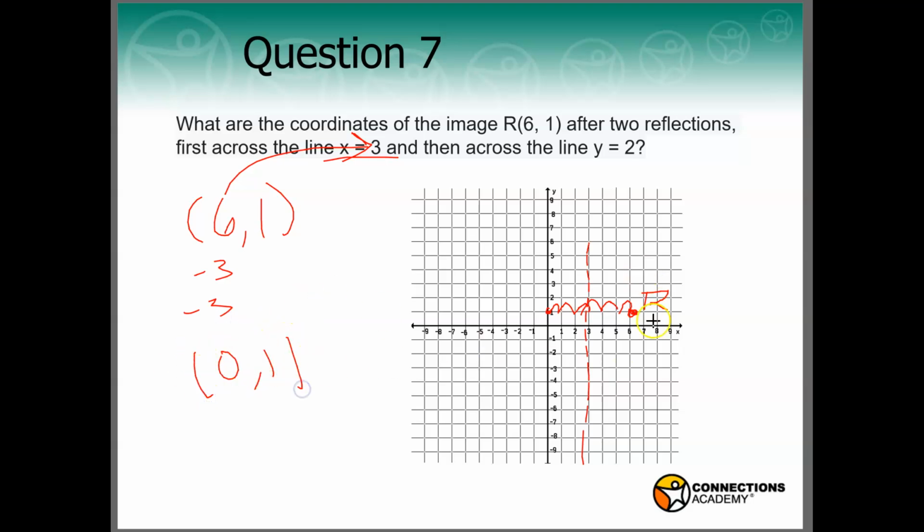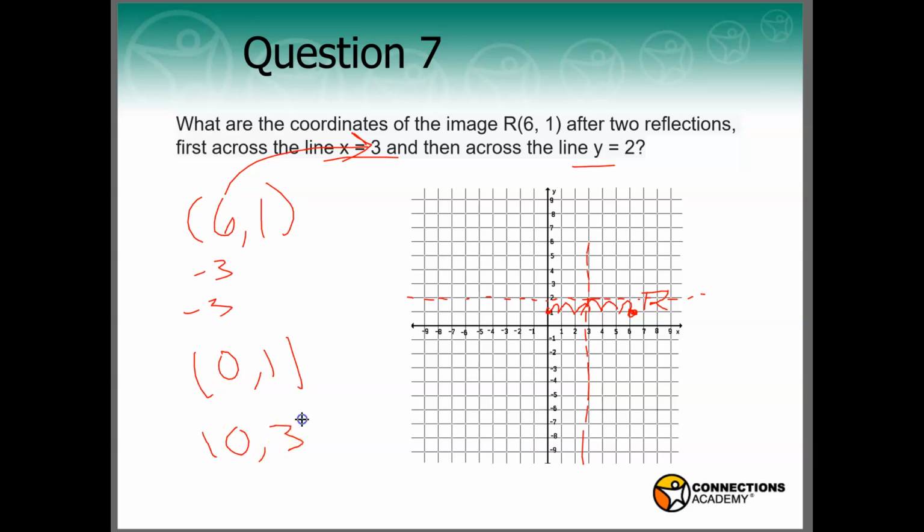Now the next thing I need to do is reflect it across the line of y equals 2. Well, if I sketch that out, you're going to see that my new line of reflection is 1 above that I'm going to reflect across. So I need to go 1 above that. So to add 1 to get to my midpoint, I add 1 again, and my new point will be at